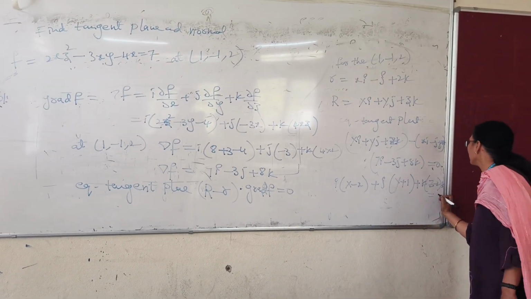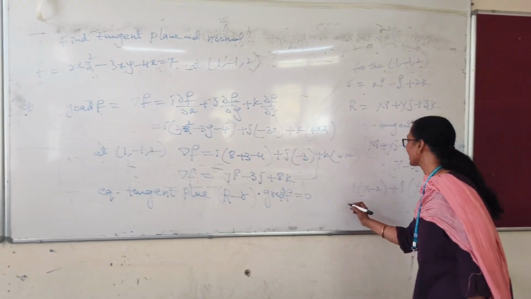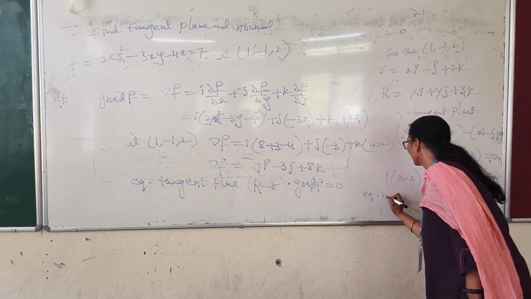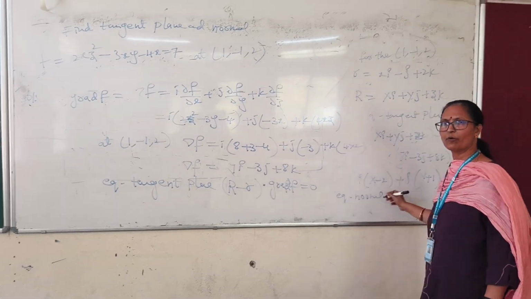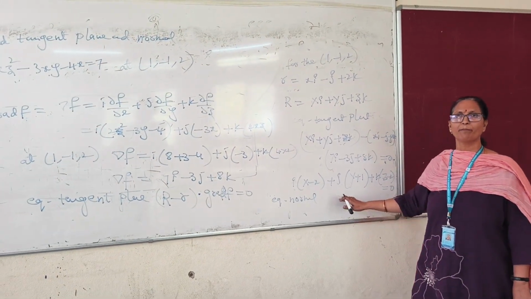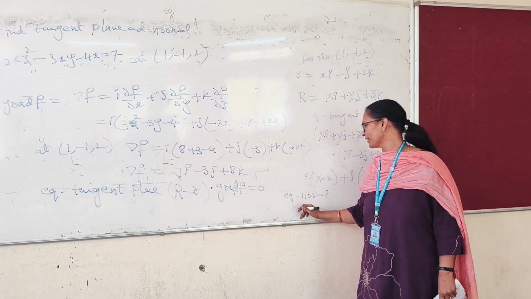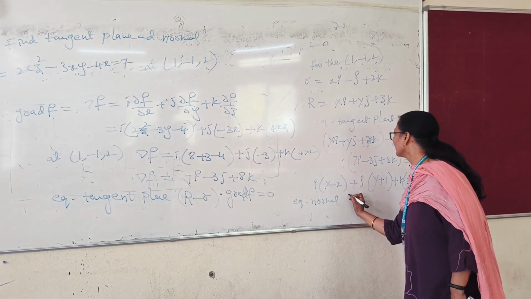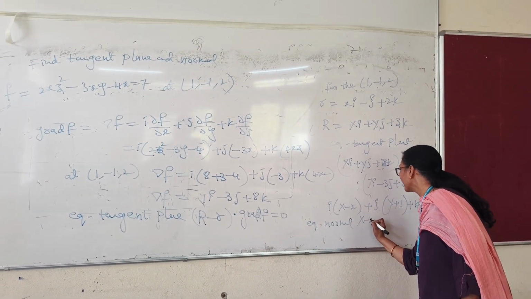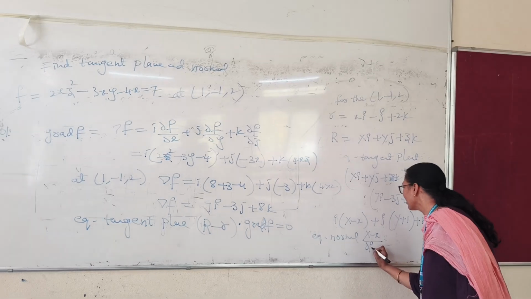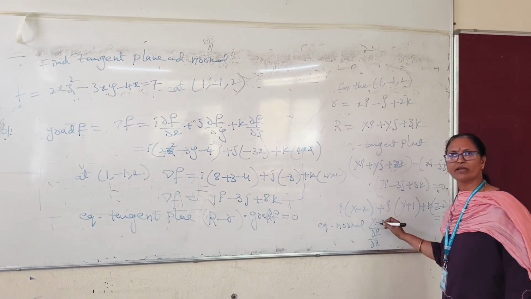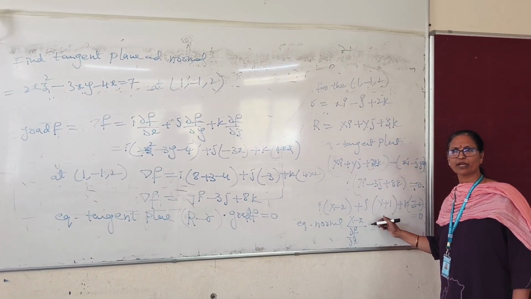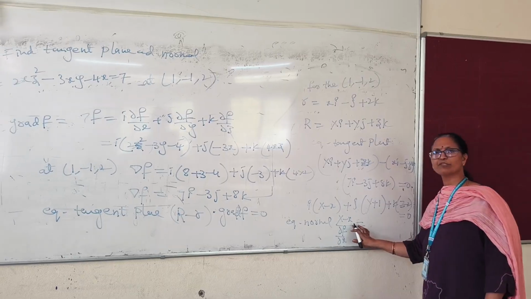Like (x minus a) by the normal, like direction cosines we are taking. Like that, capital Y minus y1 over dou f by dou y. Similarly, capital Z minus small z1. If you write these partial derivatives in the denominator, that will give the normal to the surface, because this is the equation of a line we are writing. In that way, we can write the equation of the normal.